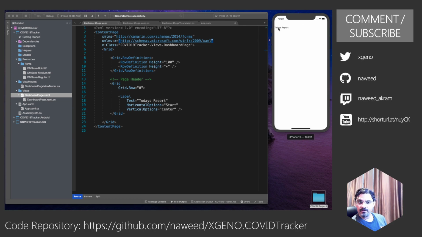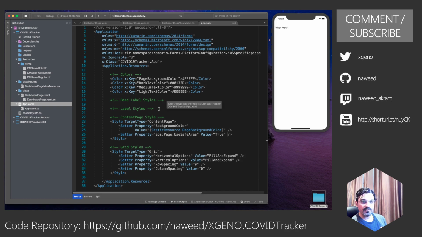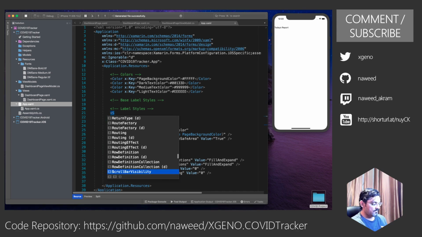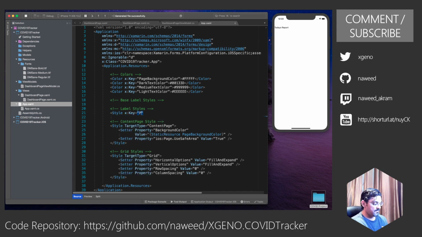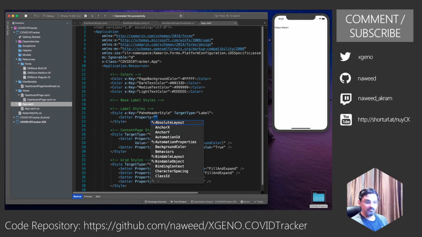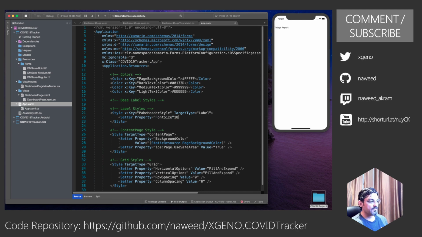Let us give some margin to this, and in fact let's define a style for this first. So let us go back over here, and we are going to style the page header. Style, give it a name, page header style, and target type is equal to label. Setter, let's give it a font size of 18.